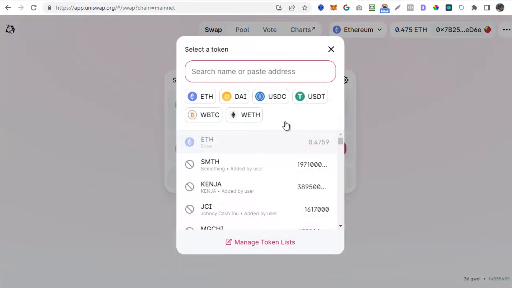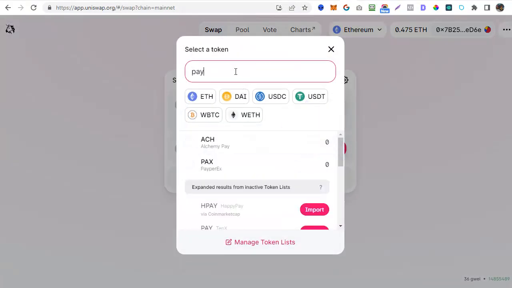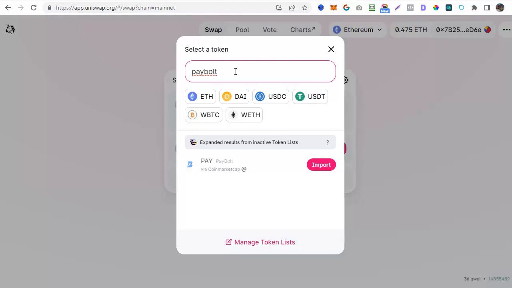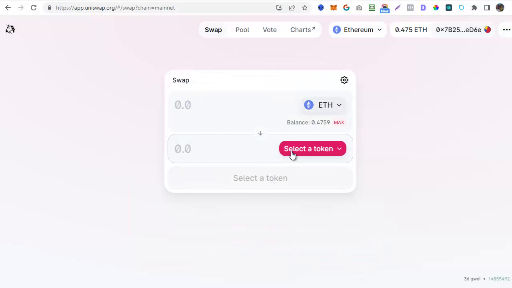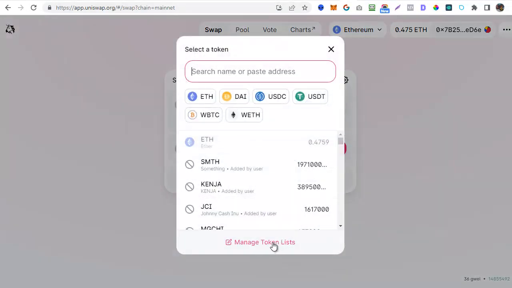So let's click on this option, and I can search for the name PayBolt. And in this case, it's actually going to show on the list because this is recognized by the Uniswap system, and I can simply click on import to add that to my wallet. However, I'm not going to do that because sometimes you want to buy a token that doesn't appear on this list, in which case we can come back out, click on select token, and this time we click on manage